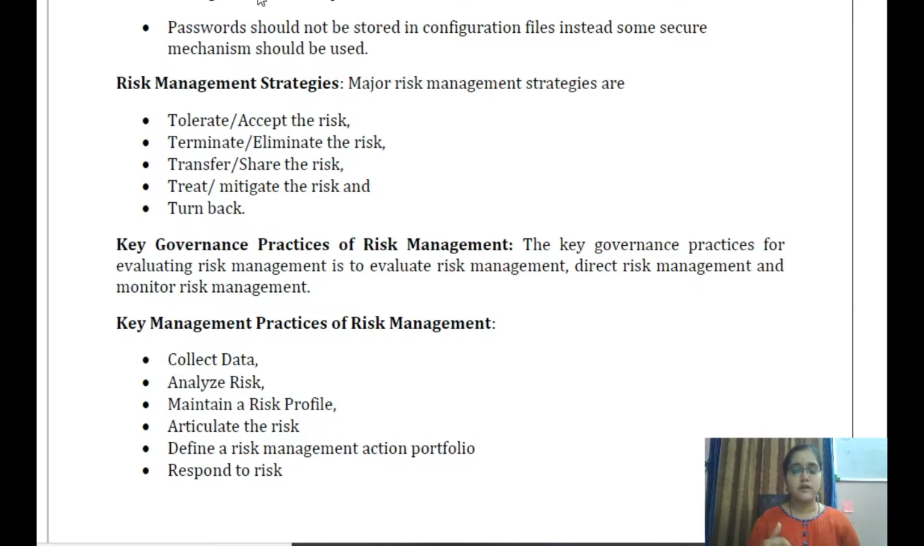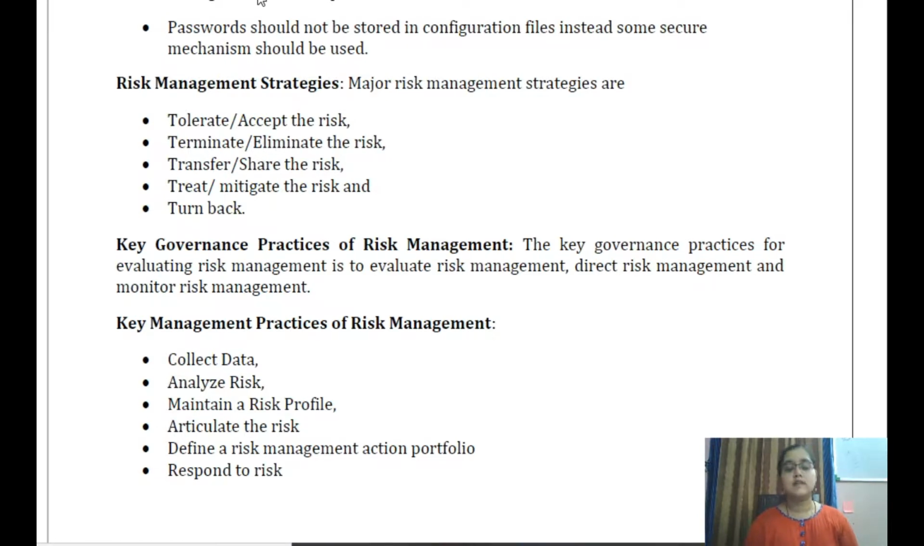Then maintain risk profile. In the organization, maintain a profile that these are the different kinds of risks faced by the organization, and maintain a note of it. Then articulate the risk. Circulate the type of risk faced by the entity to all the key stakeholders,